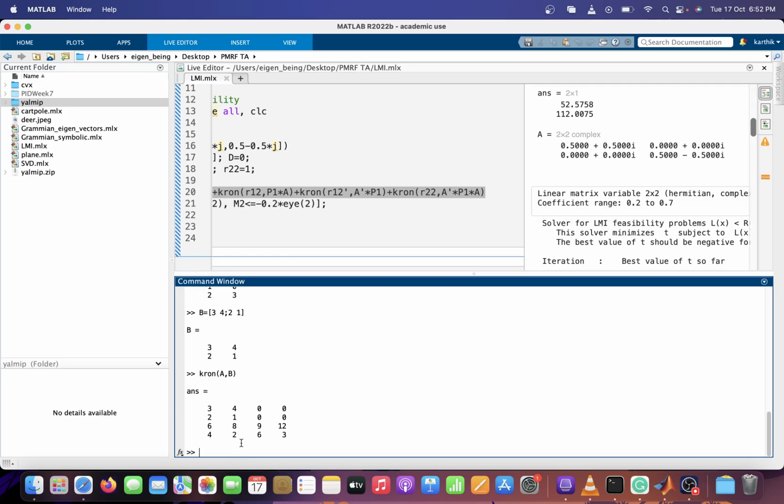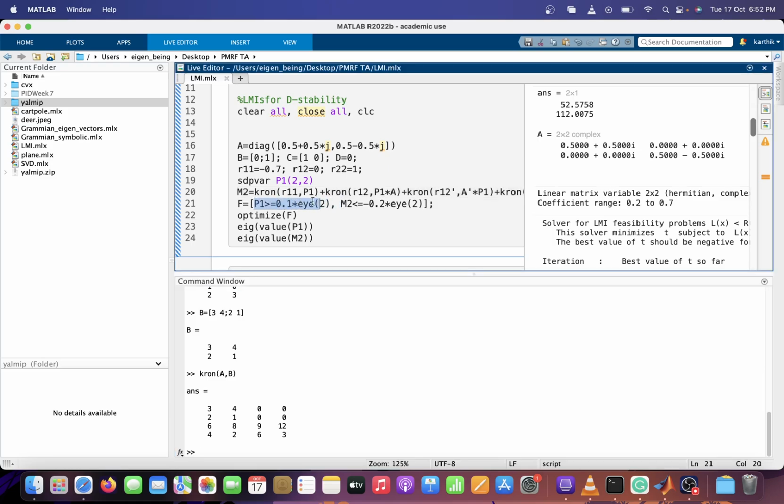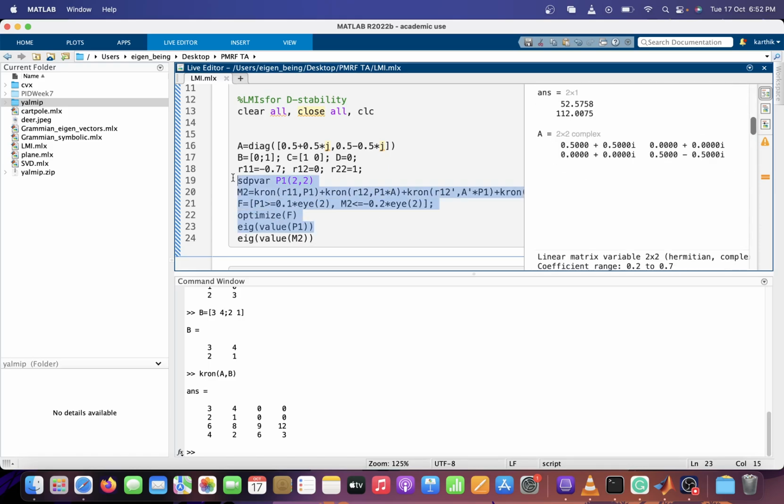So that's my Kronecker of A, B. So I've given the LMI condition here, and this is F, which is again P greater than this, and this matrix should be negative definite. So if I just evaluate this,